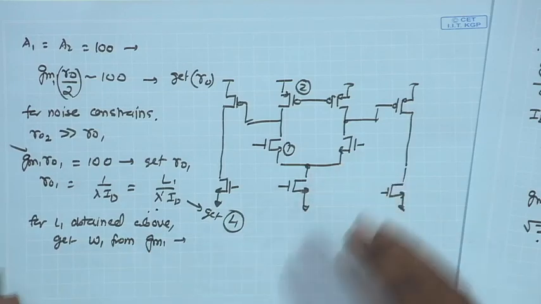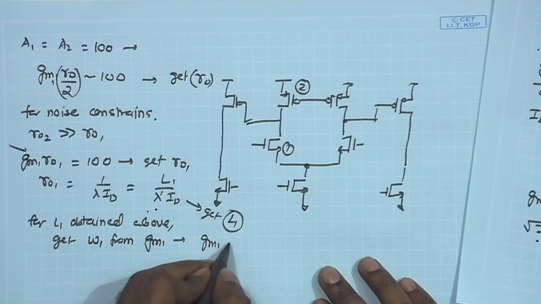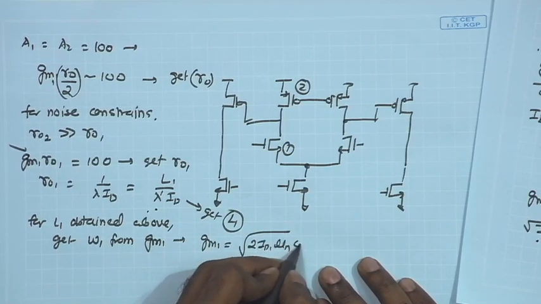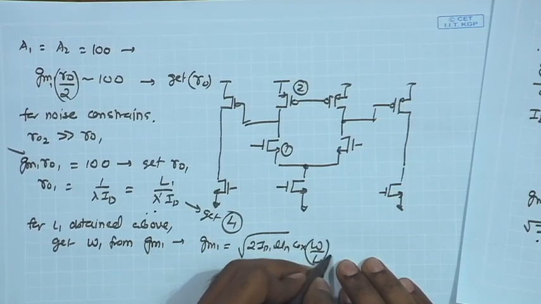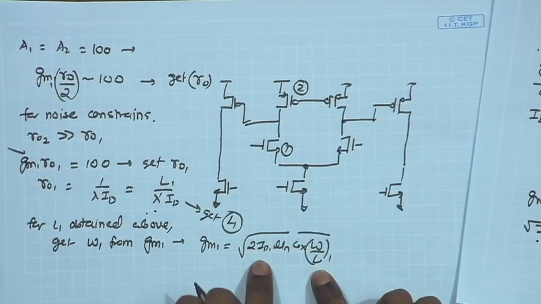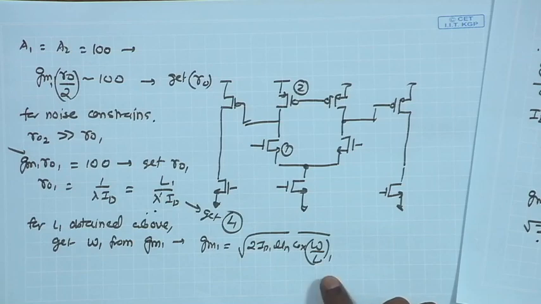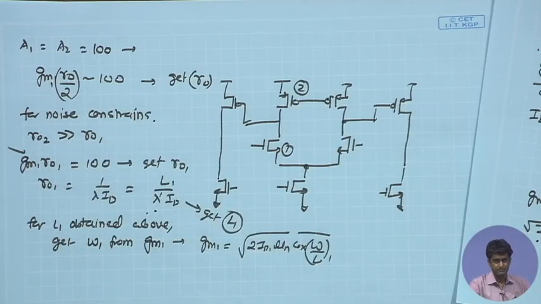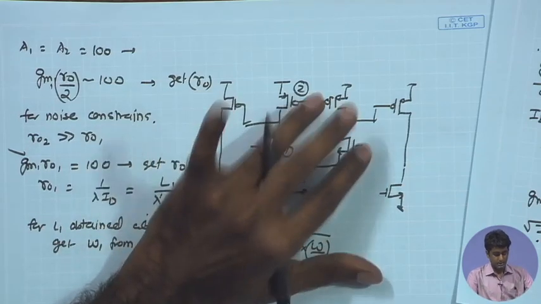because again the GM1 is nothing else but root under 2 ID 1 mu n COX W by L1. So, since L1 is known, ID is known, I can find out the W1 required. So, I have the input device sizes for the first stage. Now,